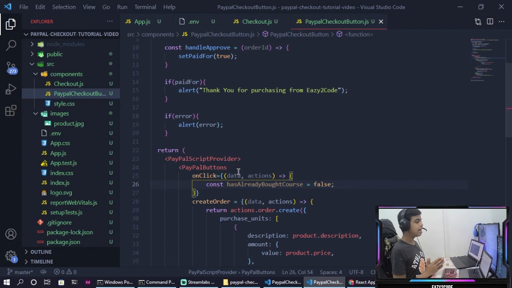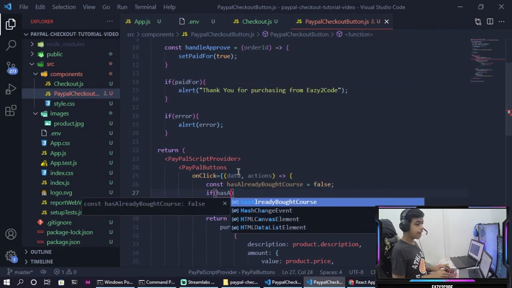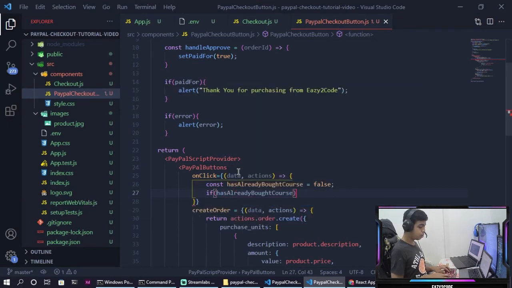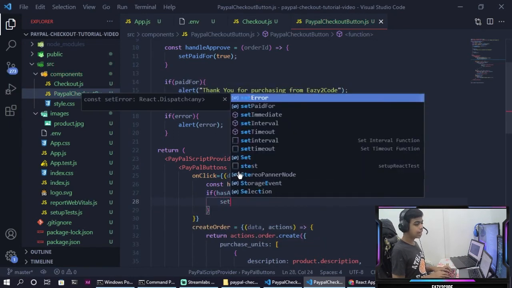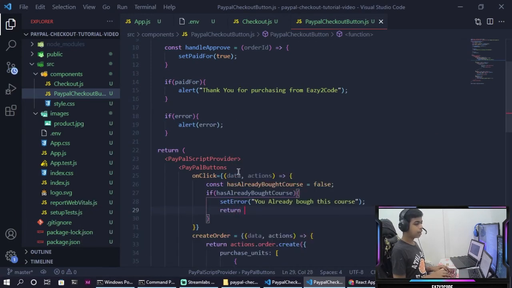So false, that means by default the user have not yet purchased the course. But if it is true, if has already bought course is true, I would like to set my error to you already bought this course. Great. Let me end it with a semicolon,